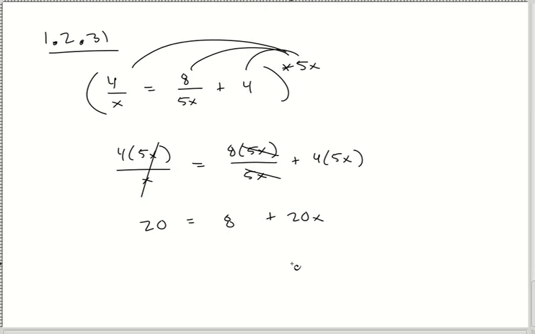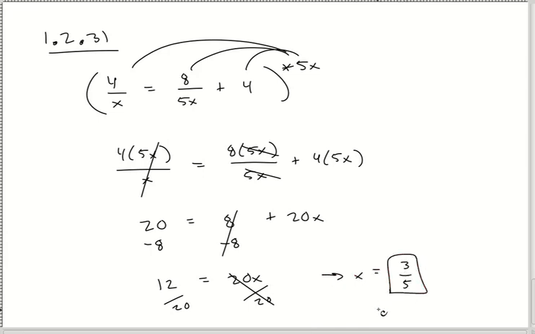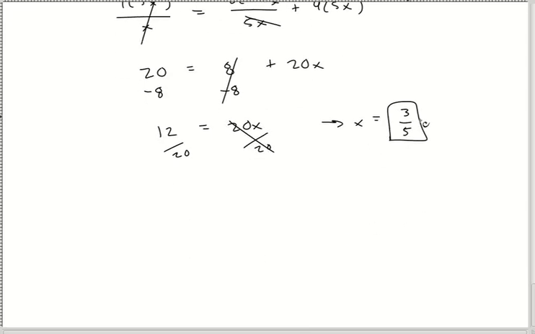See, that was easy. Again, you could have done it the other way. You would have gone down another road, I suppose. I prefer making it as simple as possible. And I think it's fairly obvious that a 5x would cancel both of those terms. Okay. Divide by the 20, and I got x is equal to 3/5. All right, awesome. So I put that into my math lab, and